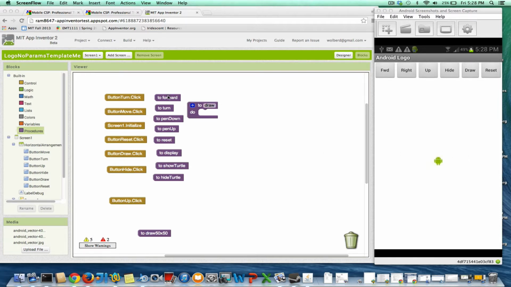The forward command moves the Android dude exactly 10 pixels, and turn turns exactly 90 degrees. So how can you use those commands to draw some stuff? I'm going to give you a couple solutions. First, let's do a draw 20 by 20, and I'm not going to put my algorithm, my blocks,